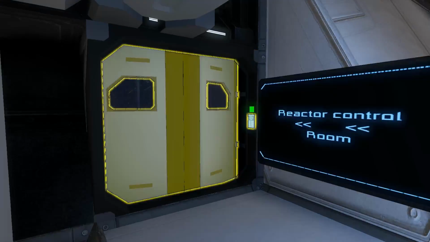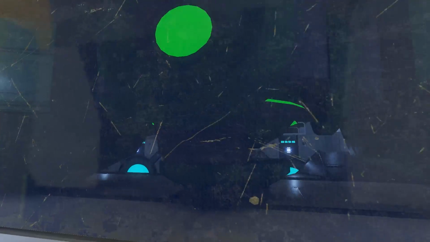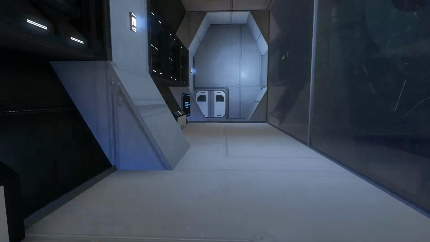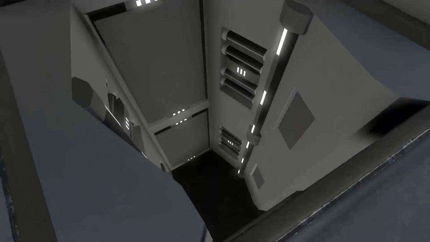Reactor control room. Let's check this out real quick. Oh, we've been here. Okay. Yeah, we've got the large reactors and the jump drives and all that good stuff. So yeah, I think that's going to wrap this one up. Again, if you'd like to see more detail...